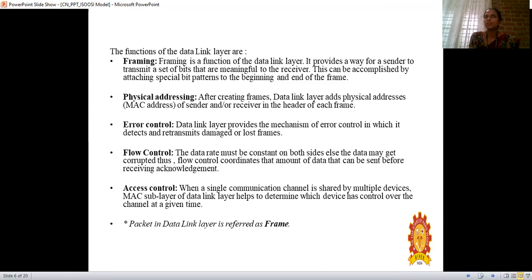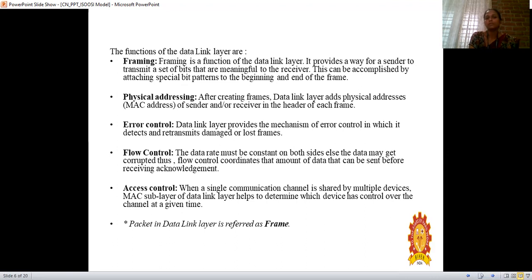In the same way, negative acknowledgement is also there. The sender sends the data, the receiver receives the data, but the receiver sends a negative acknowledgement to the sender. That means the data is lost or the data is corrupted. That is negative acknowledgement. If the negative acknowledgement is sent to the sender, then the sender has to retransmit the message again to the receiver. In this way, it does the error control. Retransmission is also done by this error control. So if the negative acknowledgement is received, then the retransmission of the same message will be done by the sender.